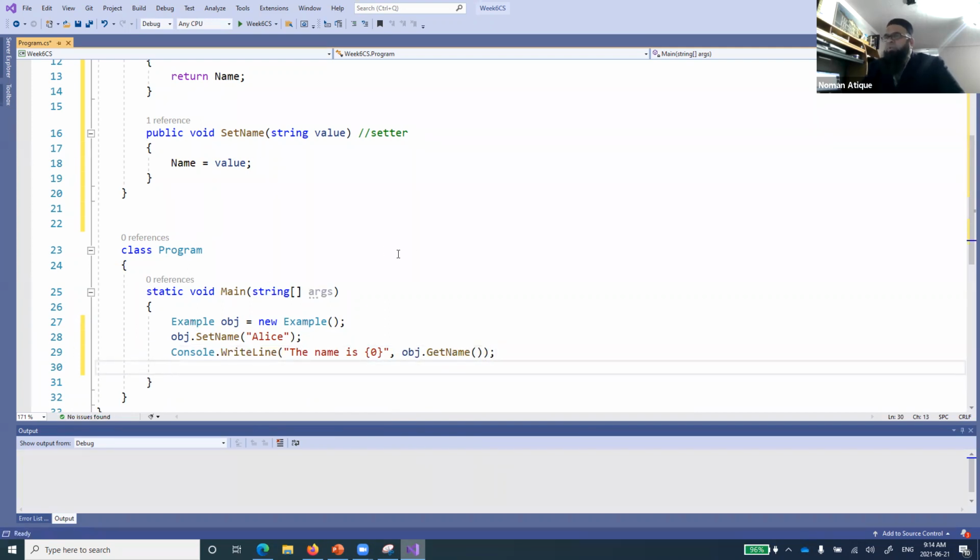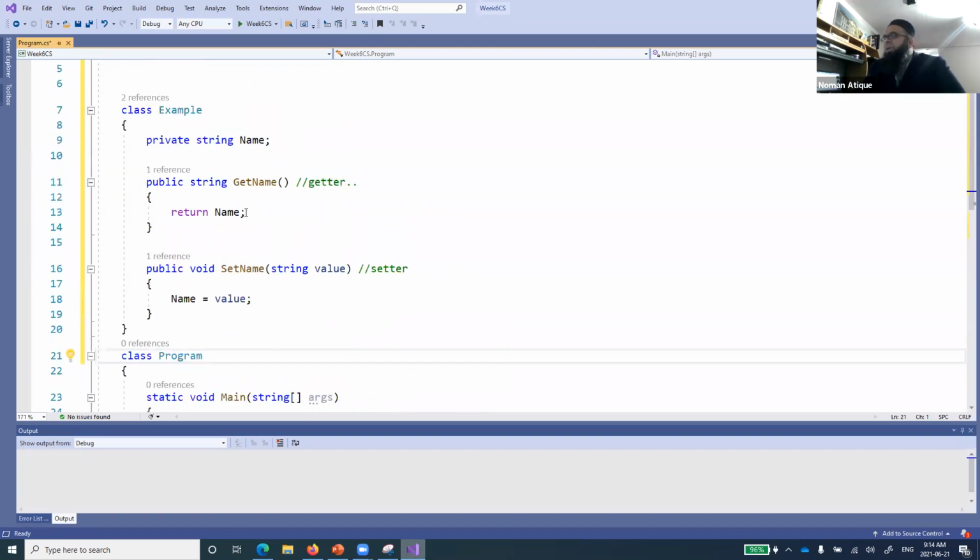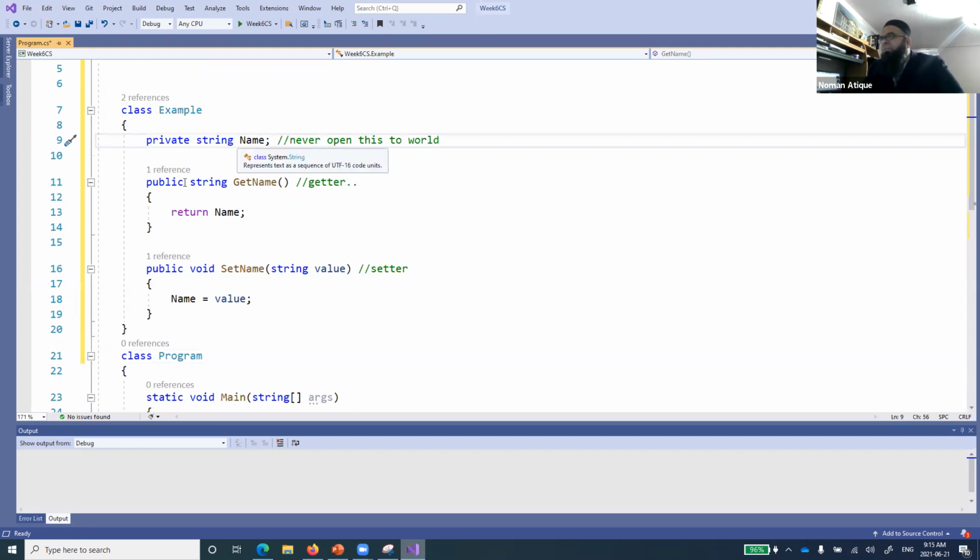So see here what we are doing on a single screen. We have defined a class with a private member, and we never open this to the world. This name variable is not known to the world. If anyone wants to make changes to this name or get the value of this name, they will have to contact my public methods. There is one public method, get name, that returns a string, whatever name is there.